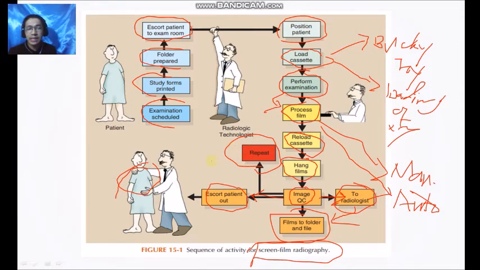If the patient is an admitted patient, then that means they are staying in the hospital, then most probably they would be already wearing a patient's gown. Okay, so no need to change na. So just make sure that there will be no artifact that will be present in your image. Okay, so this is the whole process for the